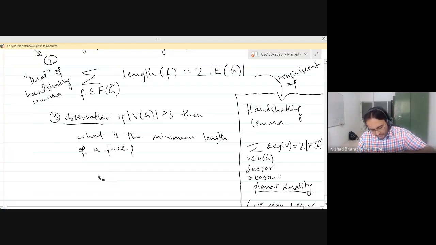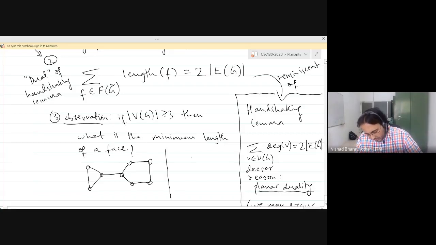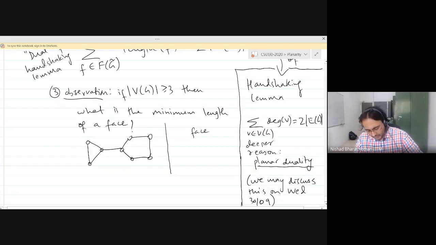The only other possibility is that the face may not be bounded by a cycle, right? It could be like the previous example we had. Then we need a slightly more explanation, right? But even this is not too difficult. Do you see why? Supposing you're looking at some face. Okay, I'll just complete the argument. Ritvik, do you want to explain?